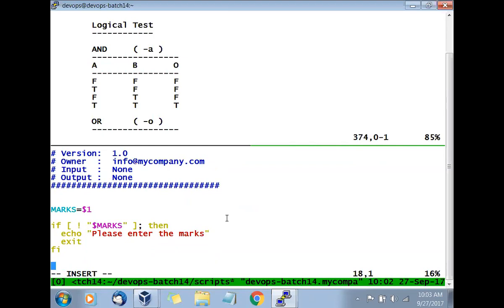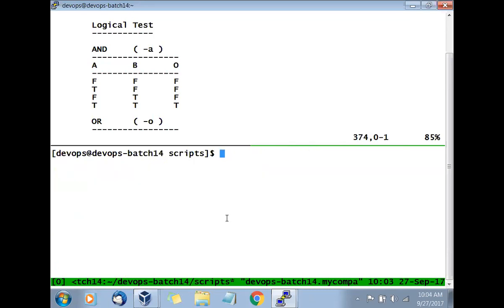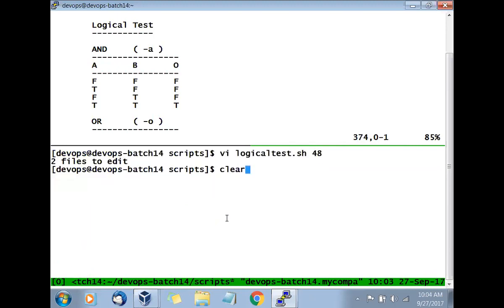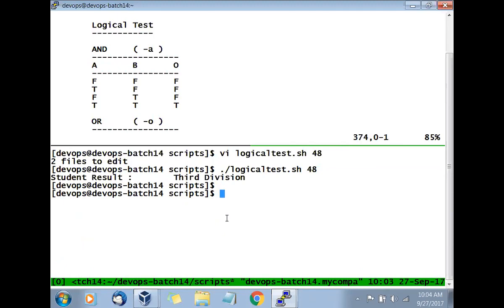So we will stop our script there and then itself. Don't write it now. We will write everything next. So this is clear? What we say is, if the marks are not given, then give the message, please enter the marks. Let's go and see that. So I'll say, hey, 48 marks. I'll go and run and give 48 marks. I see the third division, correct.